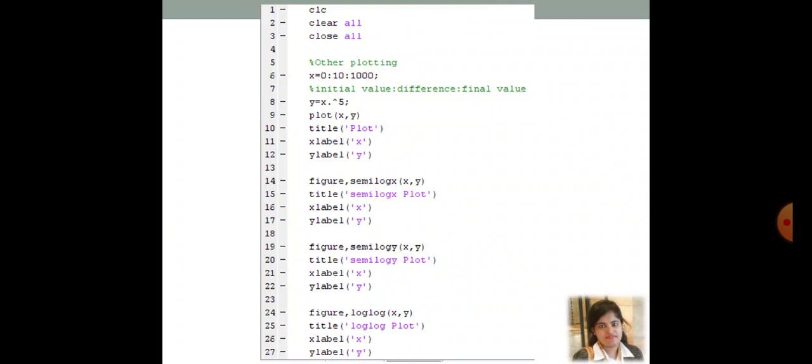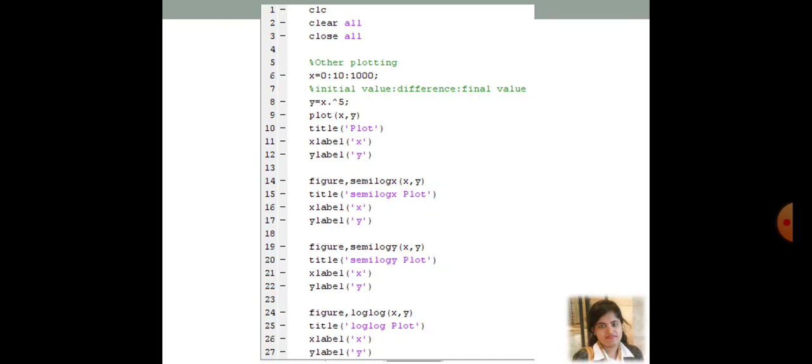Now in line number 6. In the last two videos we discussed a function called linspace that generates linearly spaced elements, right? In that, you mention the starting value of the elements, the maximum value of the elements, and how many elements you want to generate.